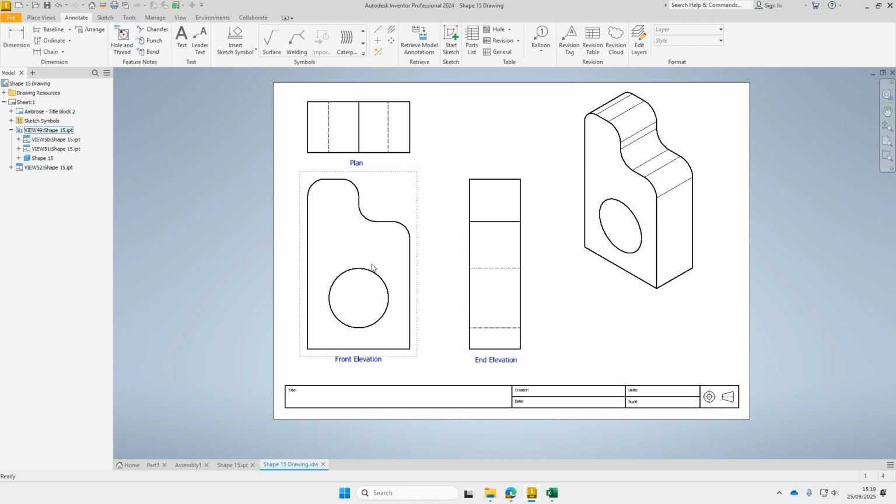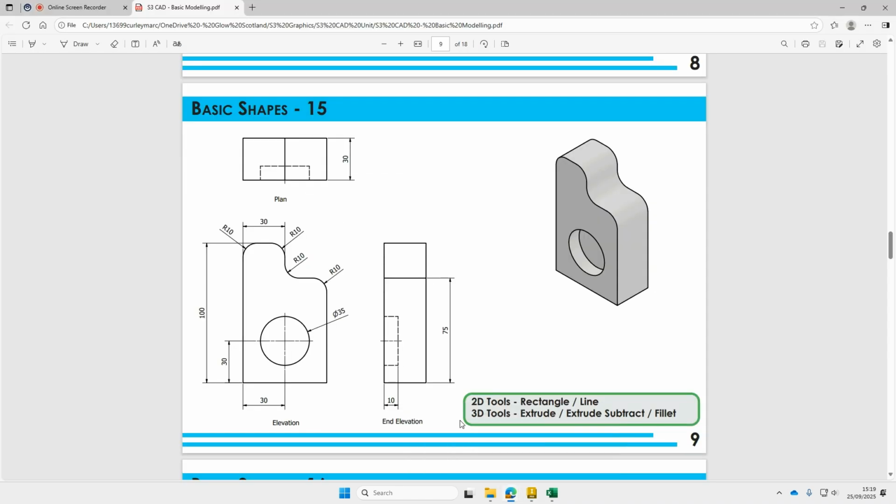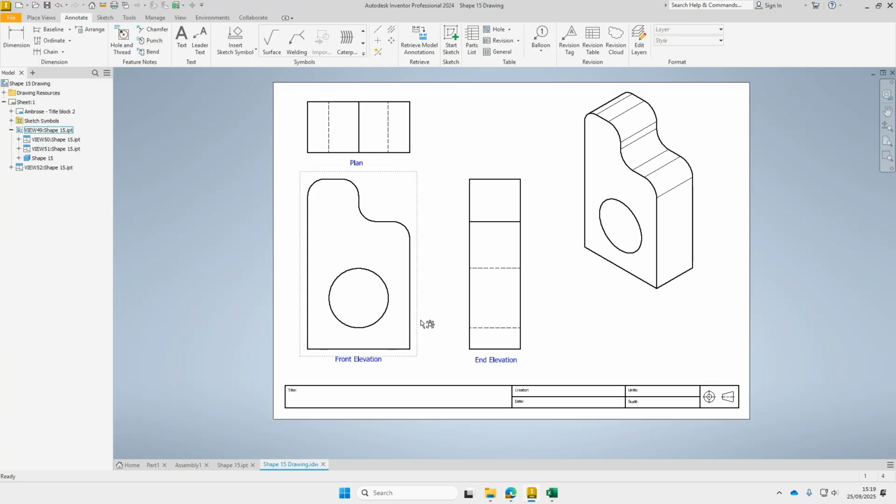Now what we want to do is look at our drawing and start adding things like sizes. So we know there's dimensions and we want to copy the dimensions that they've got on theirs onto ours. The first one I'm going to look at is our elevation, and we've got a total height, some widths at the top and some widths at the bottom that I'm going to add in. So how we do that is we go up to the top, we go to dimension,